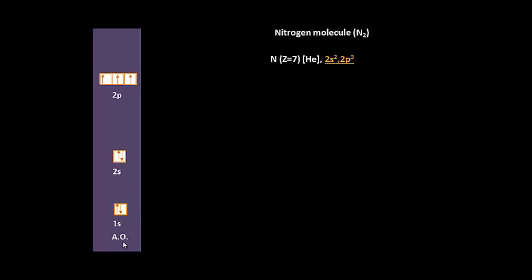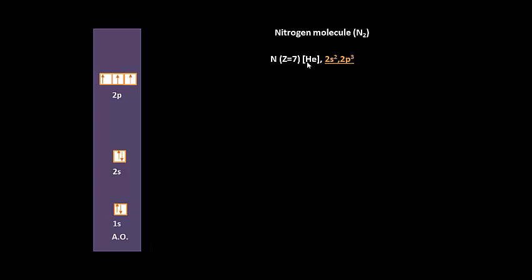Atomic orbitals of nitrogen are 1s, 2s and 2p. In 1s, there are two electrons which are paired. In 2s, there is also another pair of electrons, and 2p orbital is half filled. As the energy of three 2p orbitals, that is 2px, 2py and 2pz, are the same, these three electrons are distributed equally amongst them. So there are 3 electrons in 2p orbital.